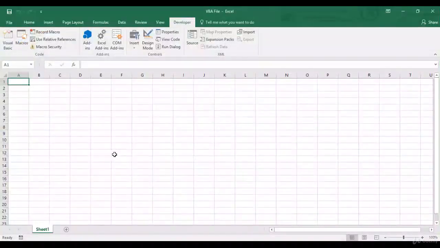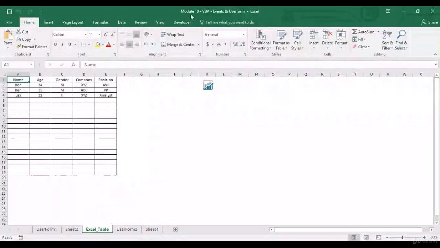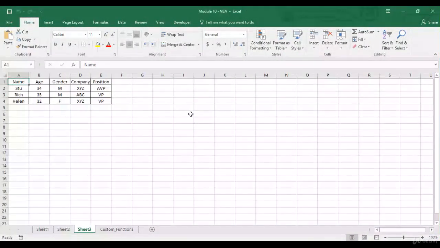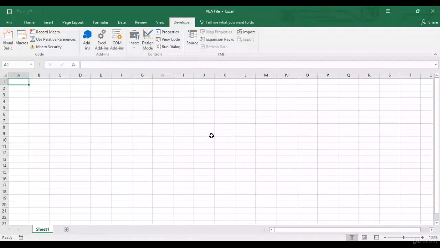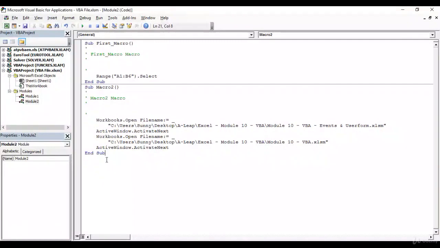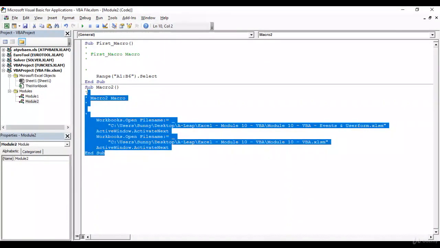So let me go back. So this is one of the files which I'm closing. I'm closing module 10 VBA also. Now I'll go back to my program. Now if I run this, both the files which were earlier opened will open again. When I click on run,